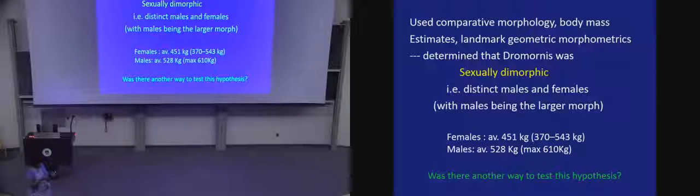And he then determined that Dromornis was actually sexually dimorphic. This means that the males and females of the species are very distinctive, and we see the distinctiveness in terms of their body size. Now we know many animals in the animal kingdom have sexual dimorphism. Actually, humans are sexually dimorphic. I mean, men tend to be bigger than women, the bones tend to be bigger, and also the actual shape of the bones in terms of the gracility, so how robust or how gracile they are, you can generally work out when you're dealing with a male or female human. And in much the same way with these birds, they look...